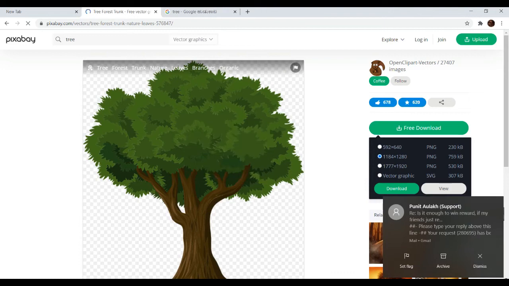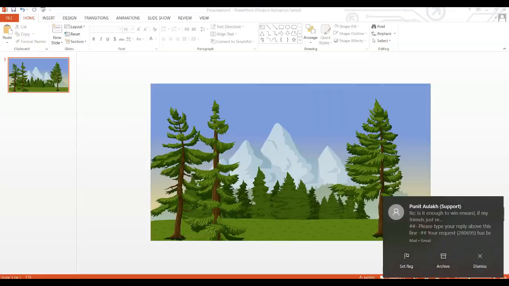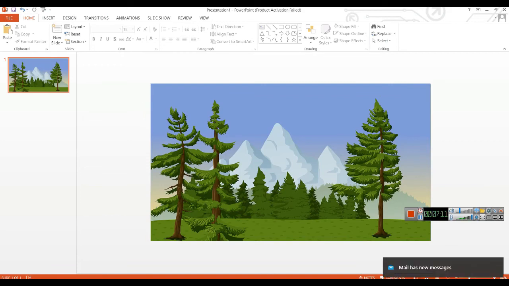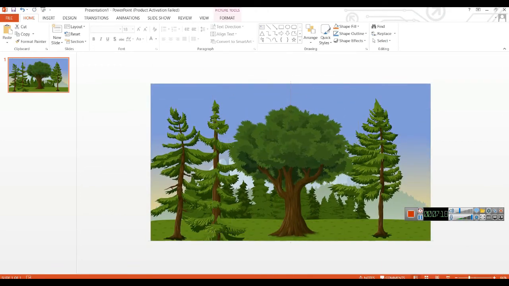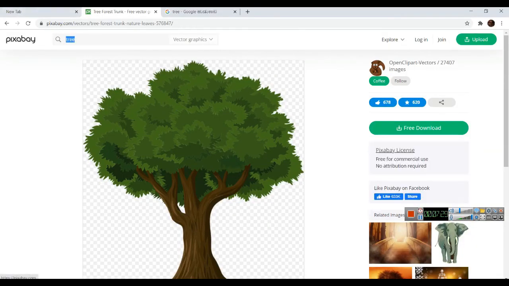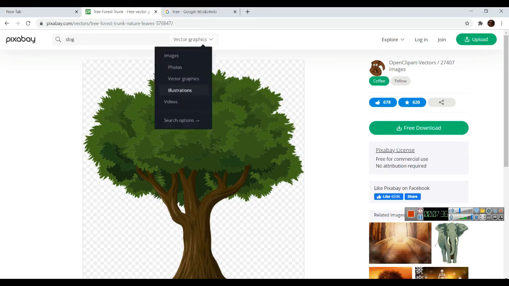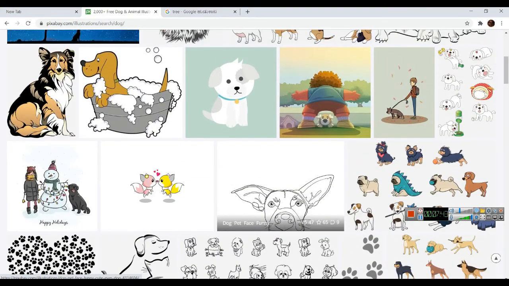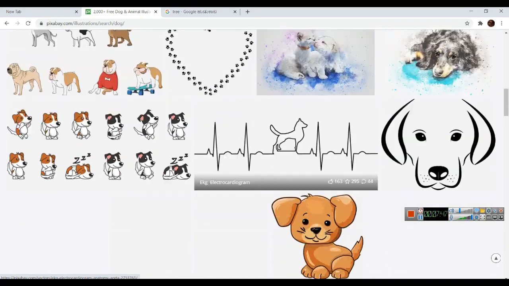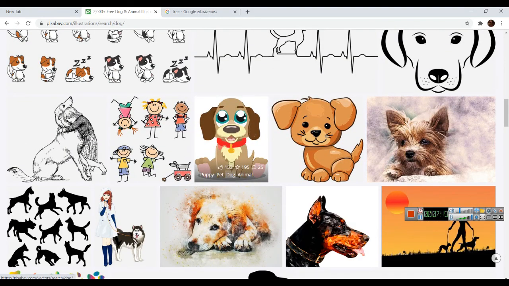So you can copy this image and straight away go to the picture here and paste it, and you see there. Now you get a beautiful tree here now, and it mixes with the background. In fact, it doesn't have any background, transparent background. Now if you want to have any animal here in this, just go and type, maybe I want to go for a dog. Again go for illustrations, because illustrations will give you .png files. So search for image which is suitable for you.